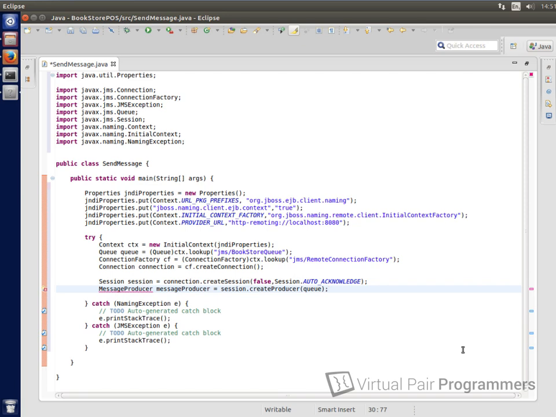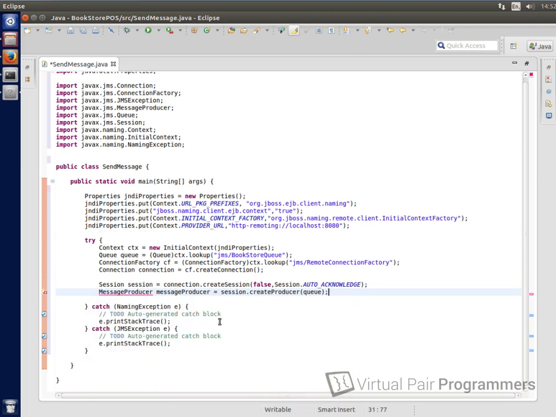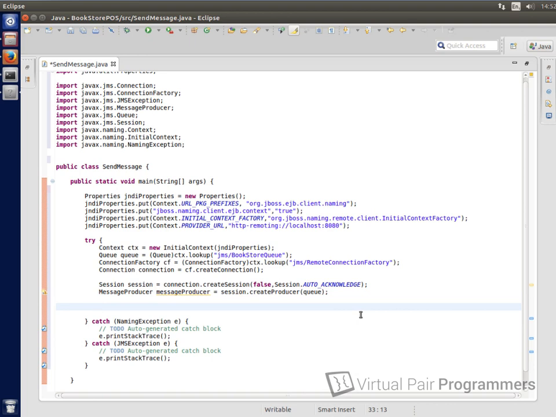So an awful lot of work to get to this point, but we've now got our message producer, and we can call its send method and send a message to the queue. So that was very, very tedious. It was a lot of hard work, but from now on, we'll hopefully be able to do some copying and pasting if we want to put this in anywhere else. Let's just import MessageProducer, of course, and make sure we pick the one from javax.jms. Okay, so we can now call the send method on the message producer,